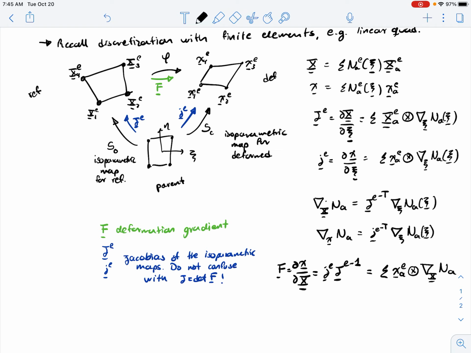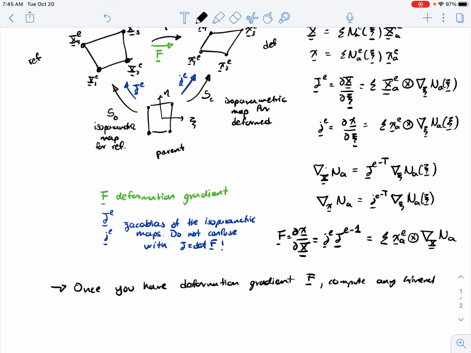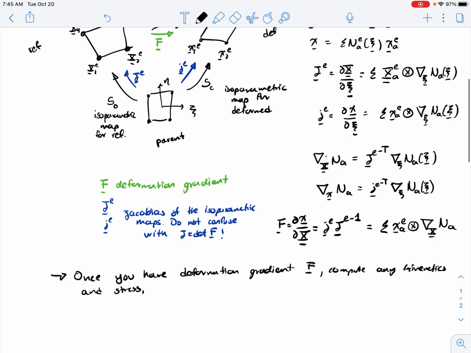And once you have the deformation gradient, you can compute things like the stress, for example. Once you have the deformation gradient, you can always compute all the kinematics and the stress. So you can compute, for example, B equals F F transpose, and you can compute sigma, like I said in the